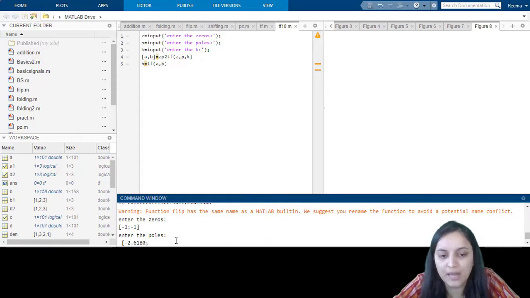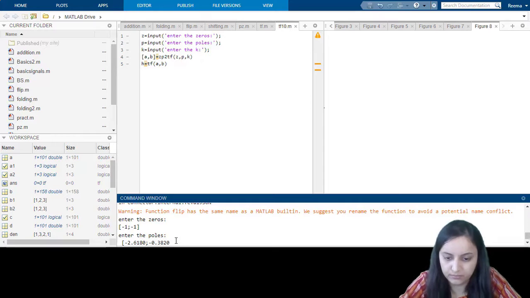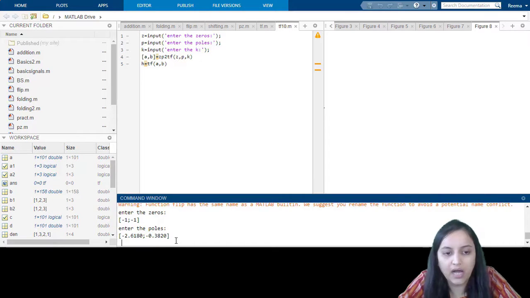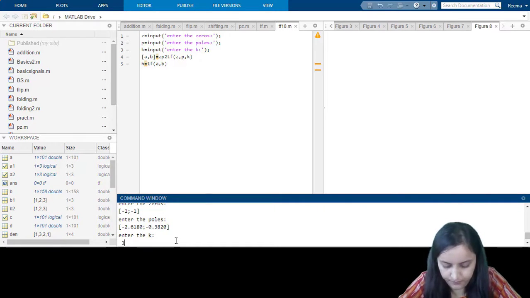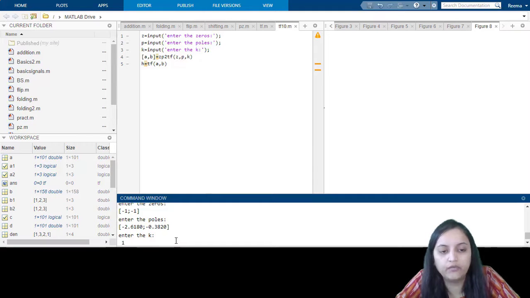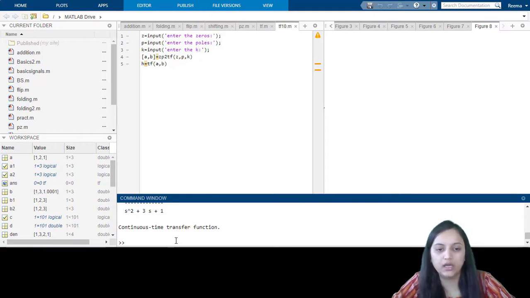We are using a semicolon for the separation of two different values. So here I will enter the second value -0.3820, and it will ask us to enter the value of k. So I am entering the value of k as 1.